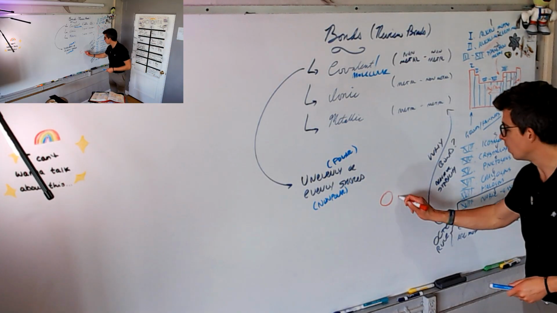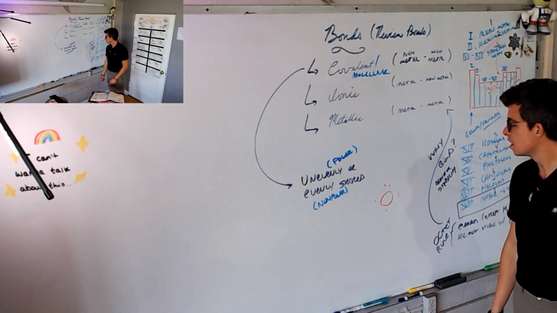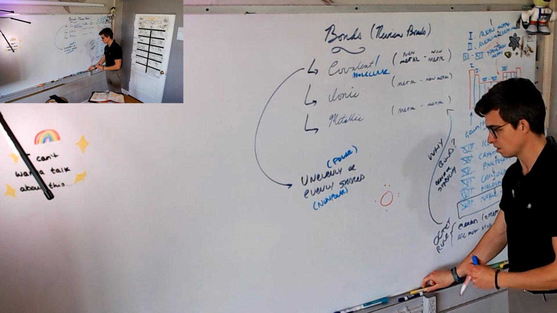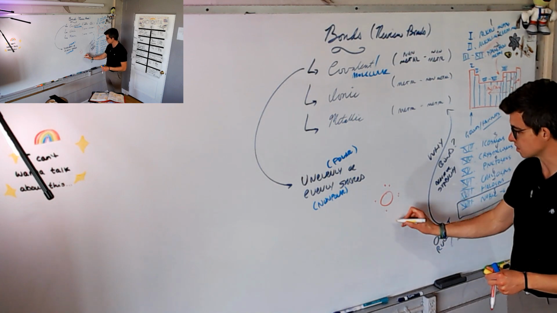6. 1, 2, 3, 4, 5, 6. And let's say the oxygen is existing in an environment of hydrogen. So I've got some hydrogens floating around. I'm going to do those in a different color. I guess yellow, because I want to make this as hard as possible for you to see.